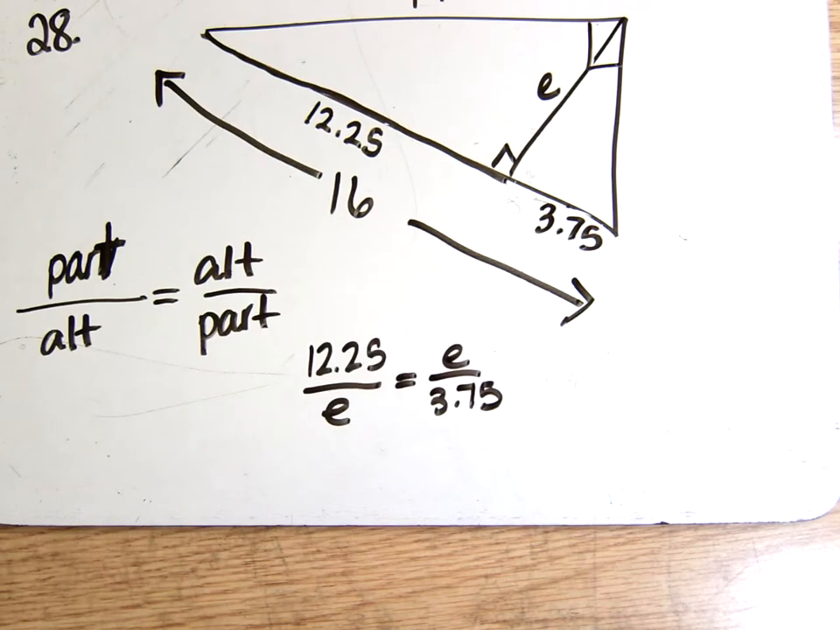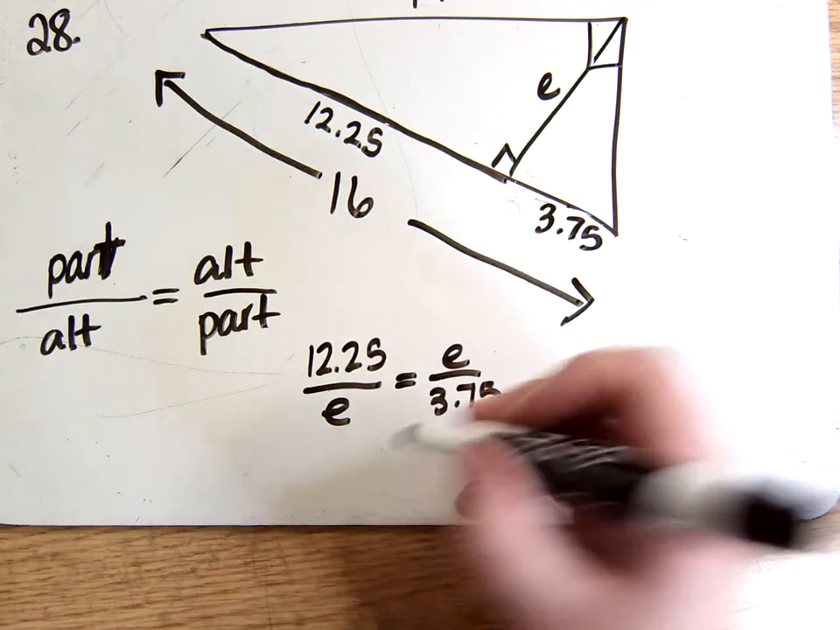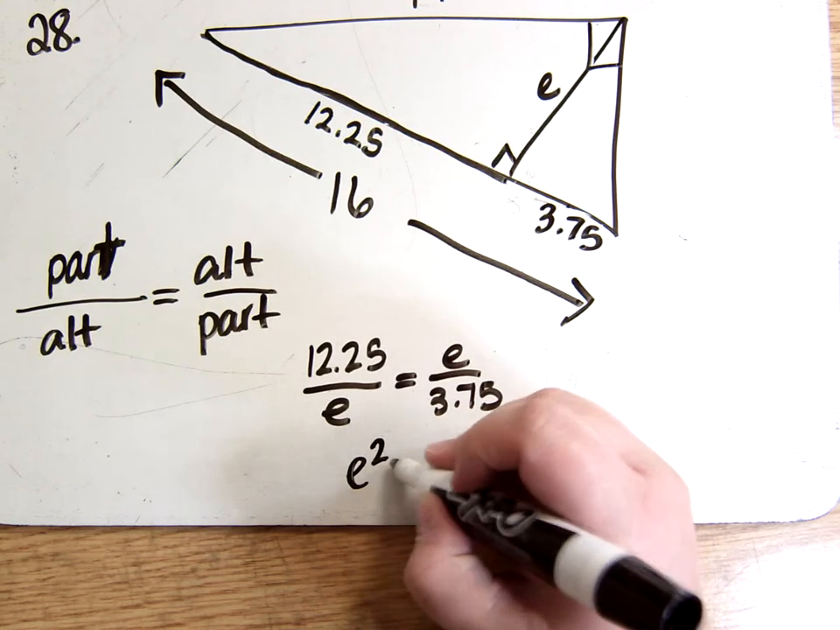So now I can cross multiply and I get 12.25 times 3.75. That's 45.9375. And when I take the square root of that, because I get E squared equals that,